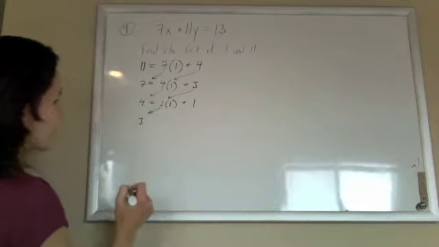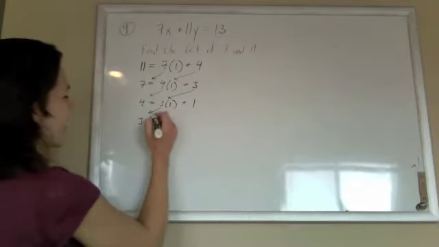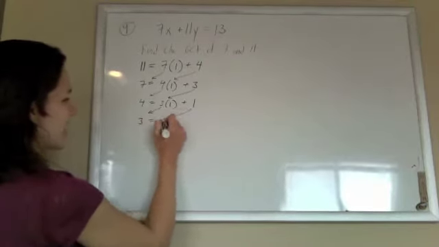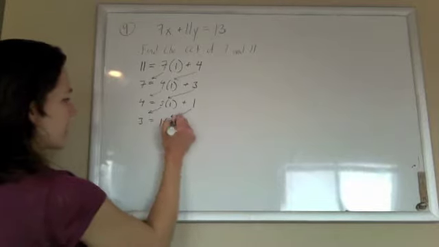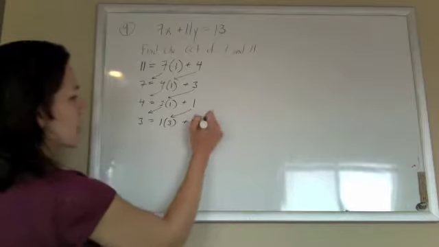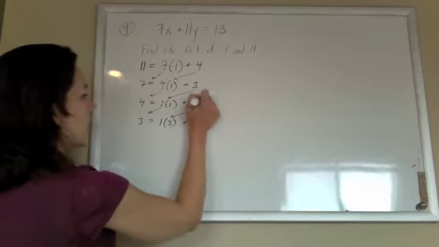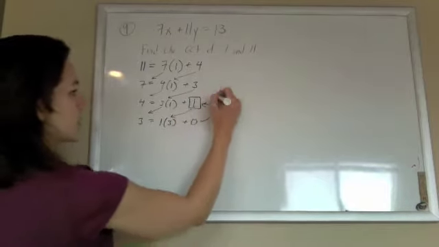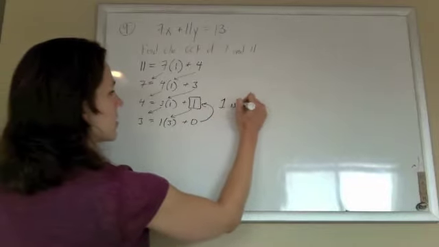Sometimes the arithmetic is the hardest part, yes? And so drag that down. 1 goes into 3 3 times with nothing left over. Finally hit my 0, so I can stop and back that up. And so 1 is the GCF